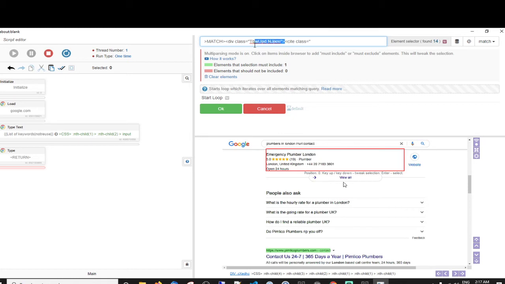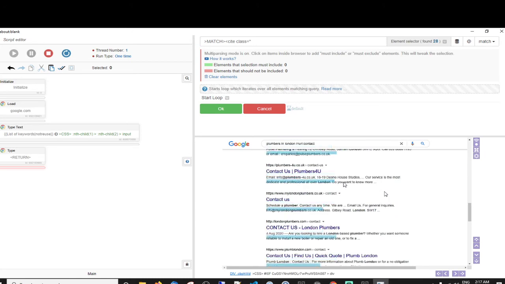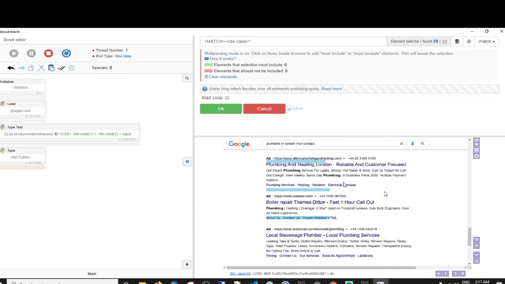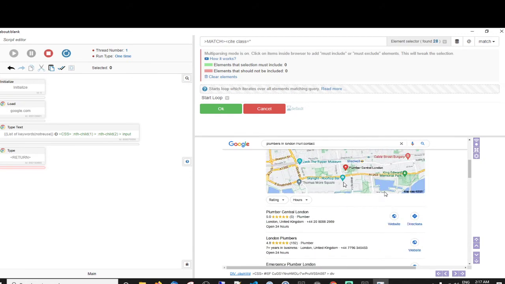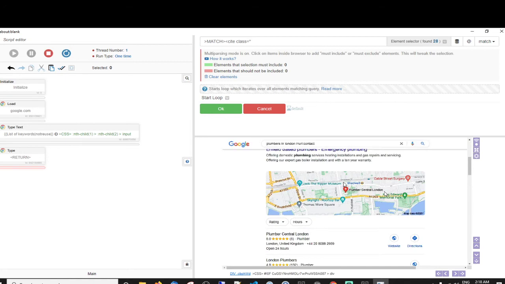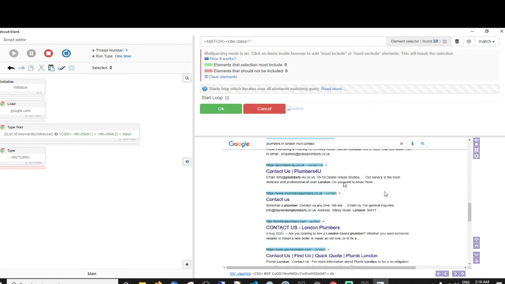Unless... 28. It's going to be no good, is it? Well, it's actually grabbing them, but what else is it grabbing? Why is it saying 28? Should be only 10.